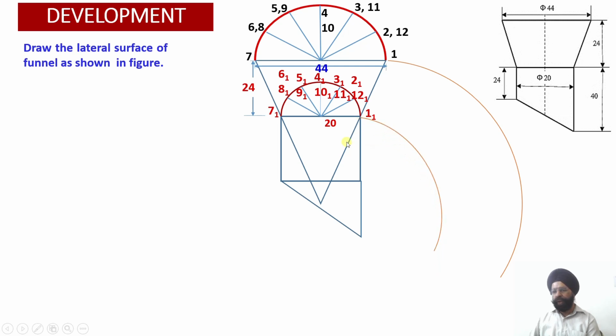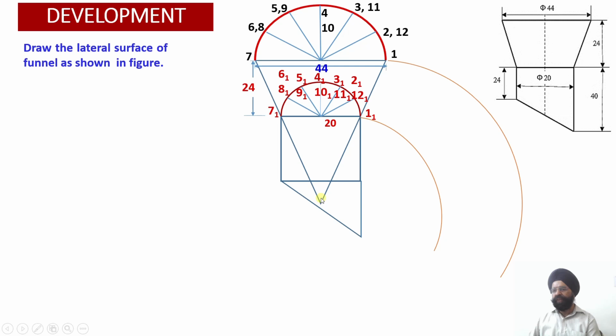Similarly, this is also a true length for the smaller cone over here, which is the extended cone which has been cut. So corresponding to this frustum point, the diameter is 20 and the radius is 10 millimeter. So this circle has been drawn corresponding to diameter 20, or radius equal to 10 millimeter. Now this is my true length.